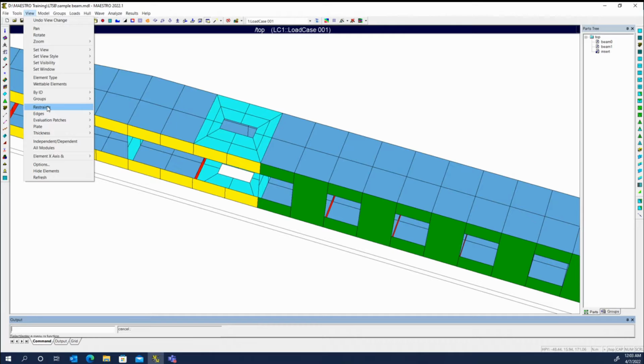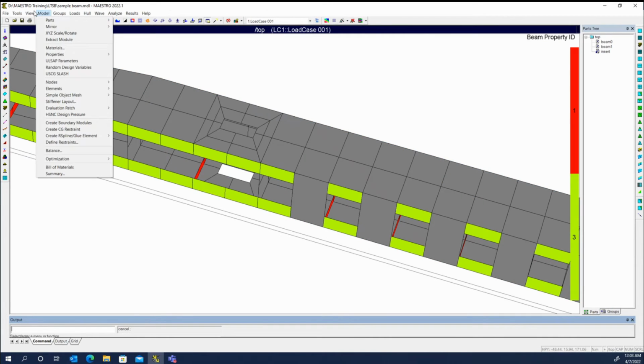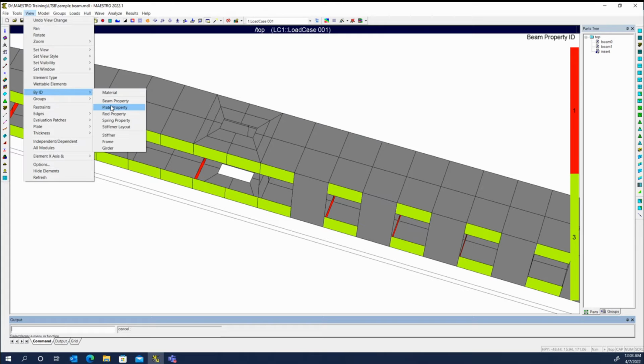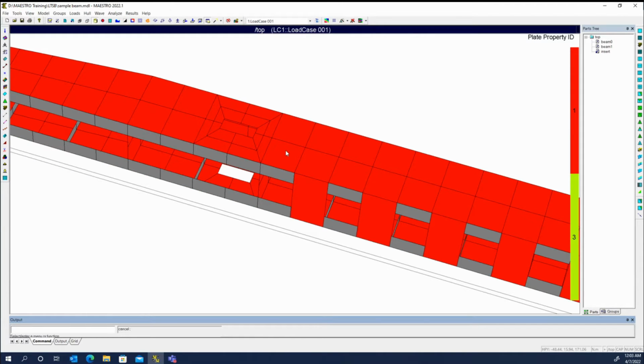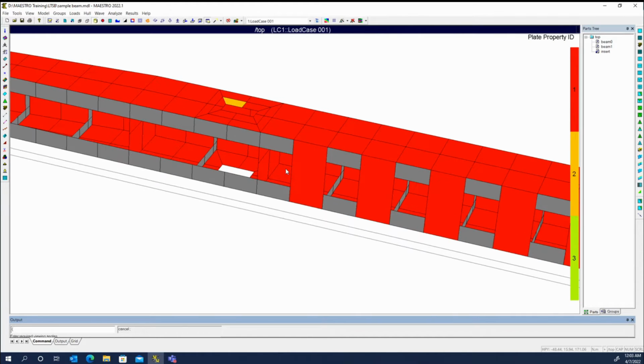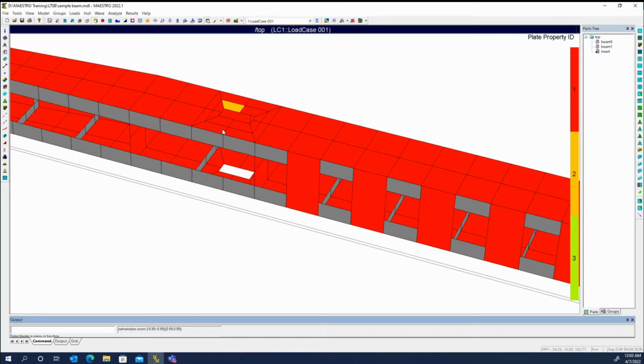And the other was, we can view by ID plate property, and it's all 5mm plate, but we can use the dynamic query and change it to 8. Something that can be a little handy, especially for modifying beams, because as your model progresses and you're modeling